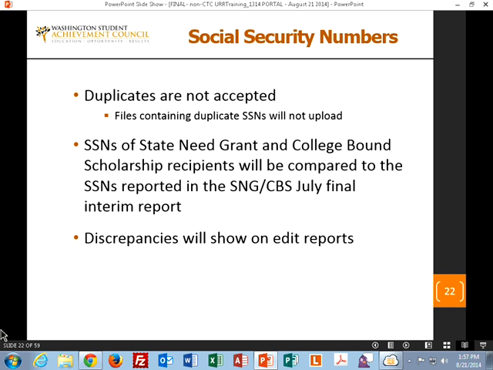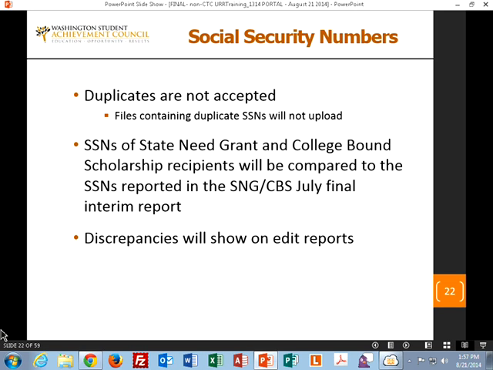The programs that we, of course, watch most closely, because we manage them here from a budget point of view, are State Need Grant and College Bound programs, to see that we've got all of the right students matched up. So if you show a Social Security number for a particular student and it doesn't show in the interim final report, that'll show up as a mismatch, and we'll have to work that out later.